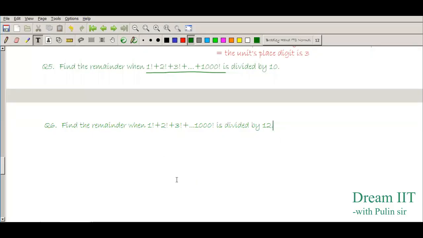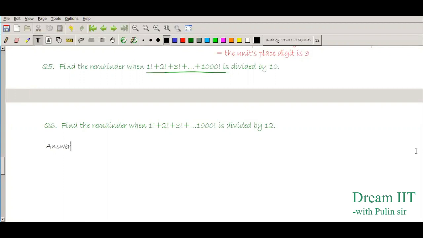So here is the next question for you. You have to find the remainder this time also when you divide this particular sum by 12. Earlier I was asking if I divide that sum by 10, what is the remainder? Now I am asking if I divide it by 12, what is the remainder? Right? So very obviously the same trick cannot be applied here. The unit place digit will not be useful here. So let us just try to see how we will answer this question. Once I go on answering, you will understand it very easily.